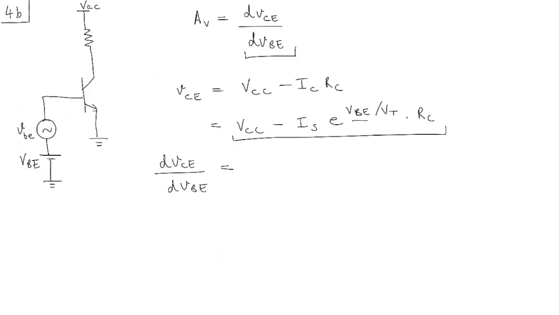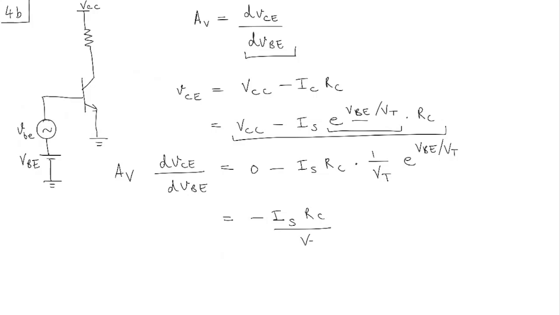So the first term becomes 0, and then you have minus IS RC, and when you differentiate this term, what do you get? You get 1 over VT e to the power VBE over VT, right? So your gain AV, which was equal to that, is going to be equal to minus IS RC over VT, and then you get e to the power